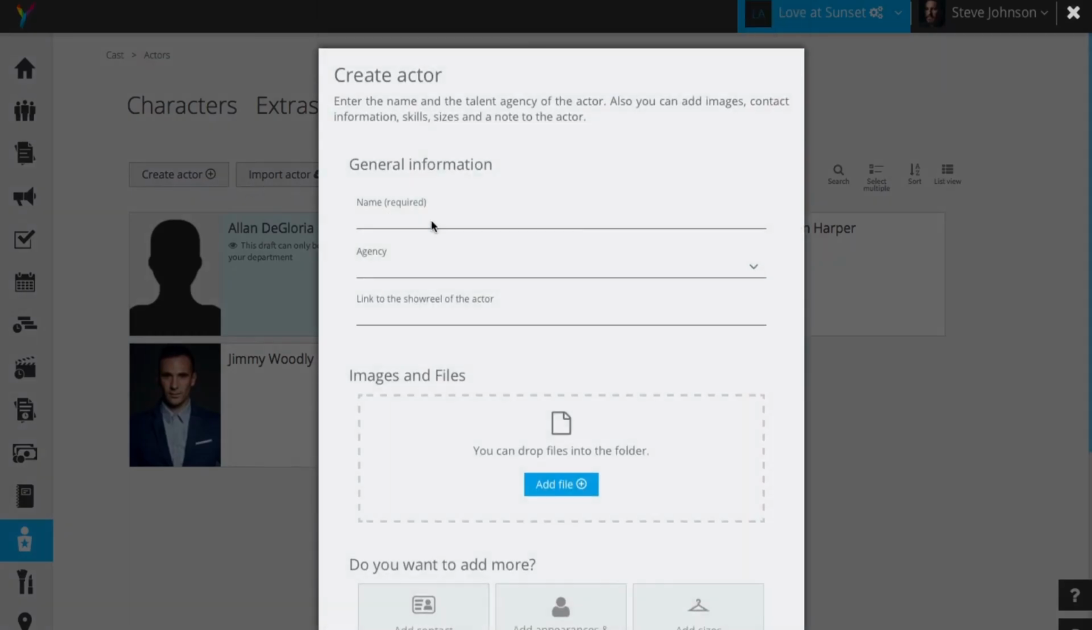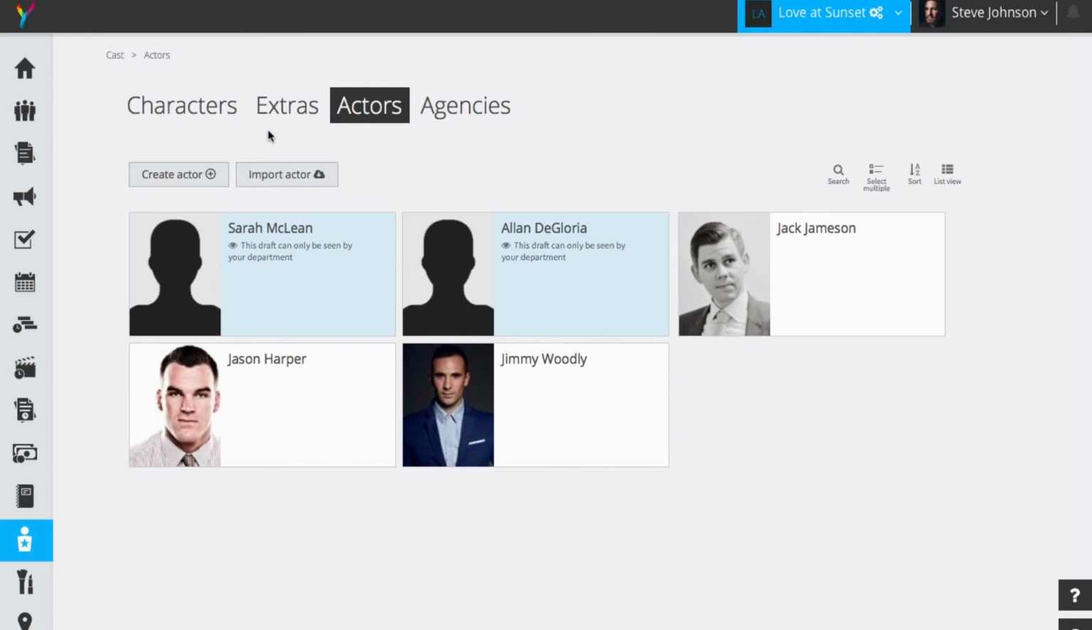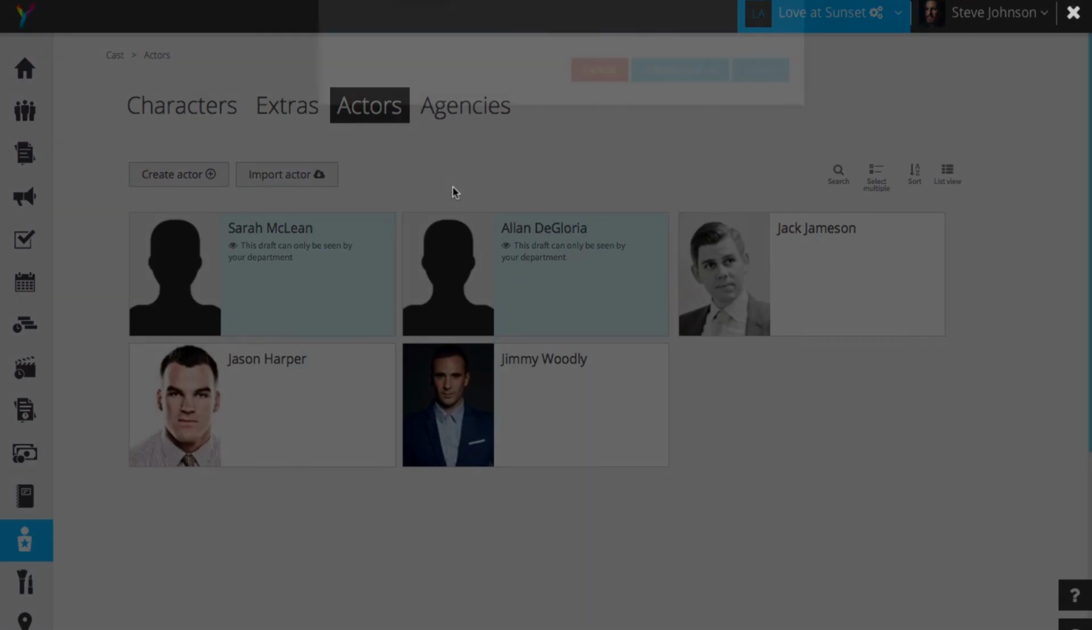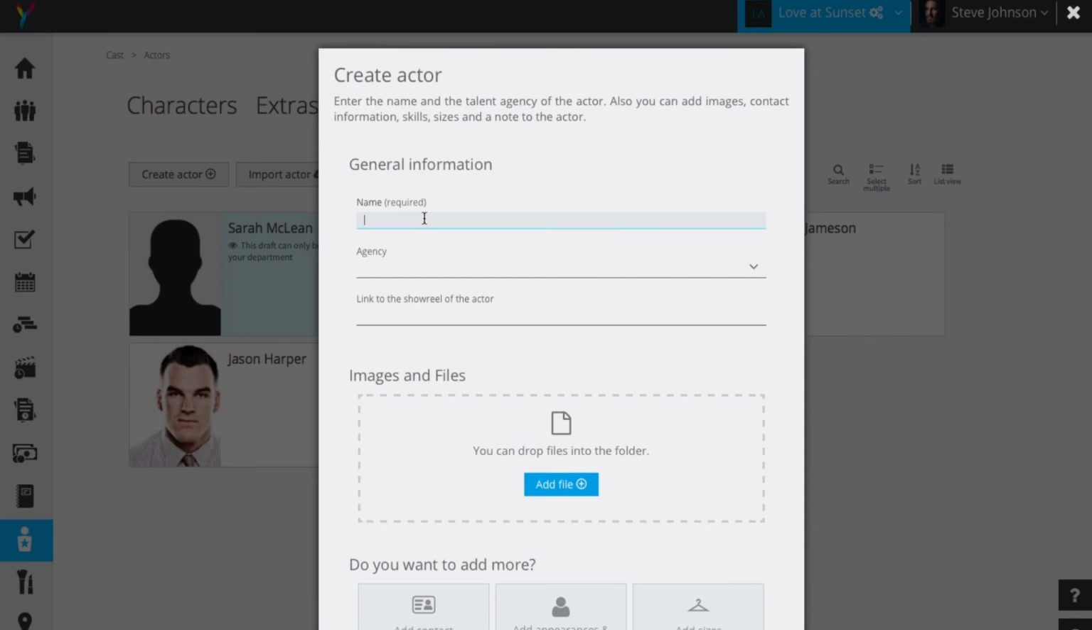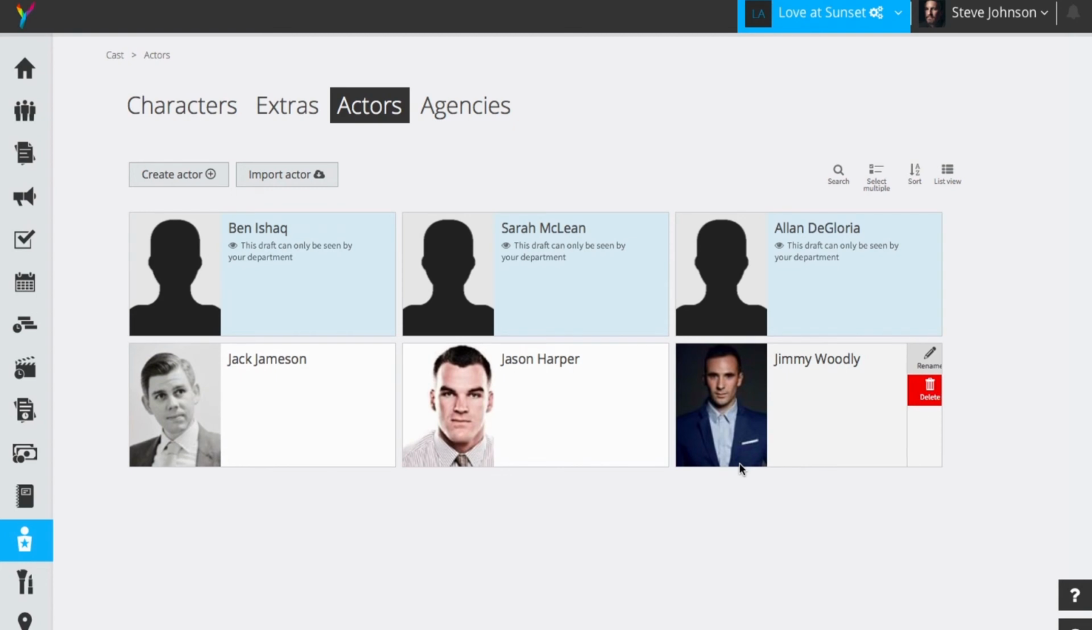Again, I can add another actor. Let's say Sarah McLean is someone we're considering for the character of Farah. I can add her very quickly and create as draft again, and I can always fill out her information afterwards. And maybe there's someone else we're also considering for Fareed. Let's say this is Ben Ishak. I can just add him as well, and again create as draft. So again, we're creating the actors here. We can create characters. We can do this in many different areas, so it makes it very easy to add